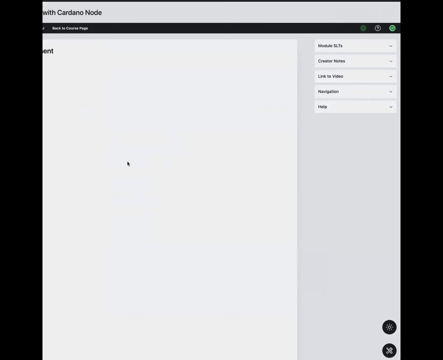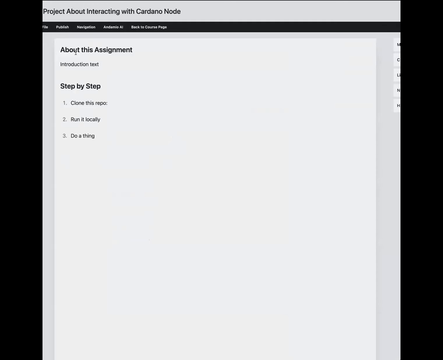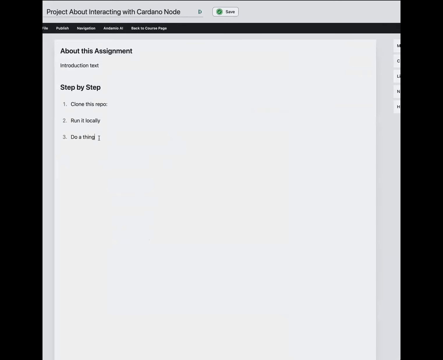So another section we often include right here, we give a little introduction about an assignment. We give step-by-step instructions for how to do it. And maybe we leave some holes there, right? We say, okay, we're going to get you this far, but then the next part, you have to figure that out on your own. But then a final section here is you will know you are